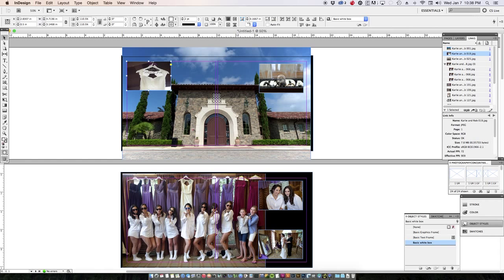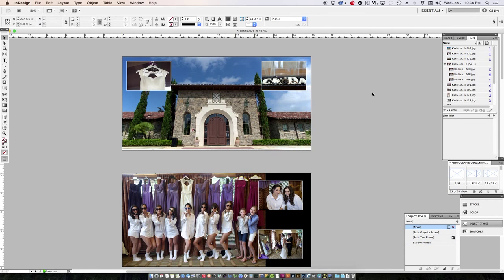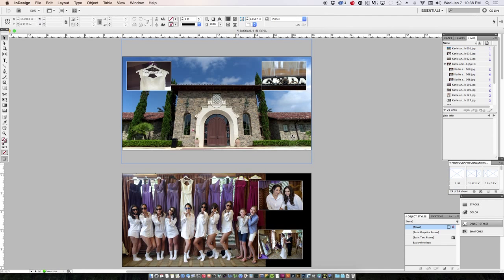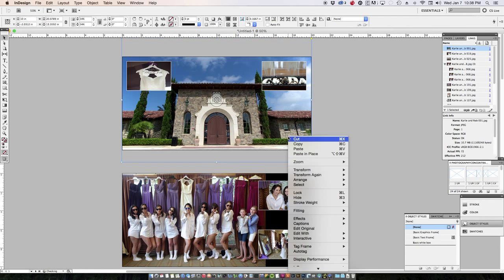drag these out to the edges. I don't necessarily like that, but this is just a for instance. Now this gets a lot less. Now 200 DPI. It might print okay, but it might not. So what you can do to remedy that is, go a little bit bigger on that. So what you can do to remedy that is you can right click, edit original,